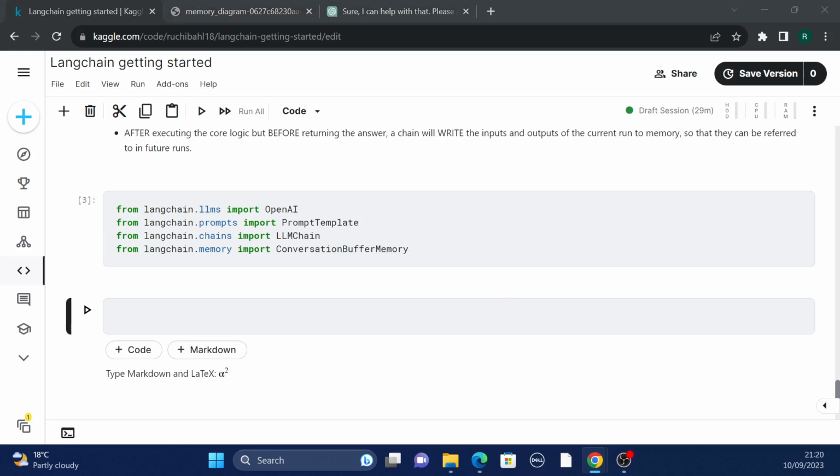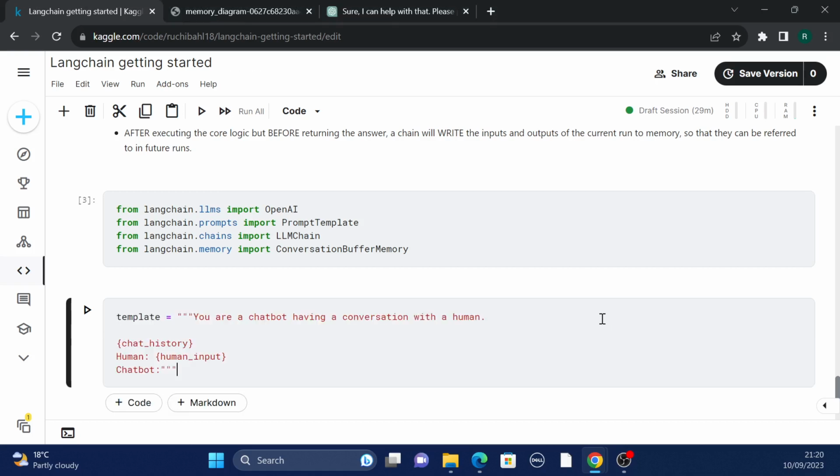The next step is to create a prompt template, guys. Okay, so let's say this is my prompt template. My prompt template is basically saying that I'm a chatbot having a conversation with a human. Now just forget about this chat history, just look at this. This is a human input. So you can see that you can give input variables to a prompt template. Now the one input is human input. Now this human input is nothing but a question. So this is a question I am asking a bot. Let's say my question was, what did I just ask you? That becomes your human input, the one which you just typed.